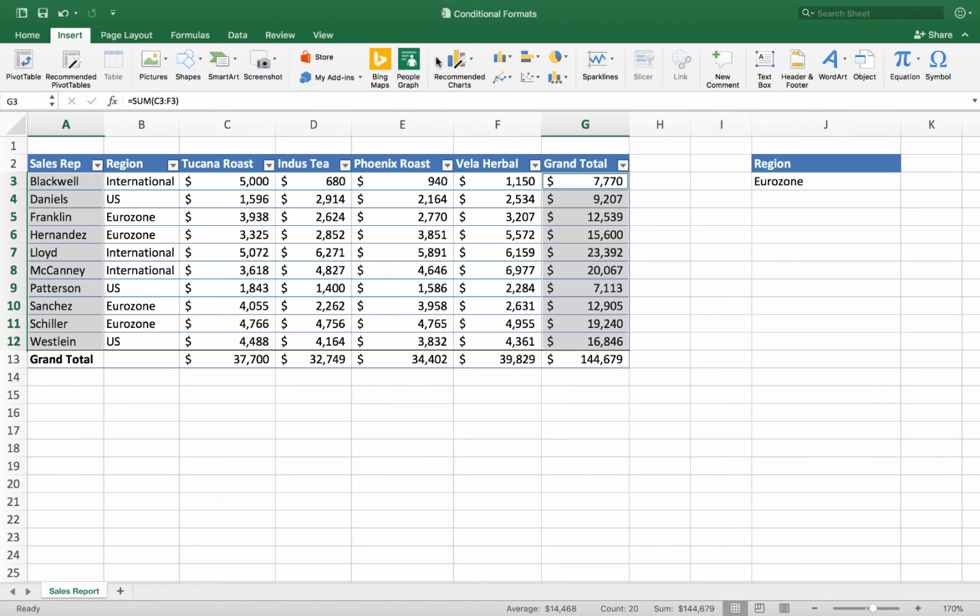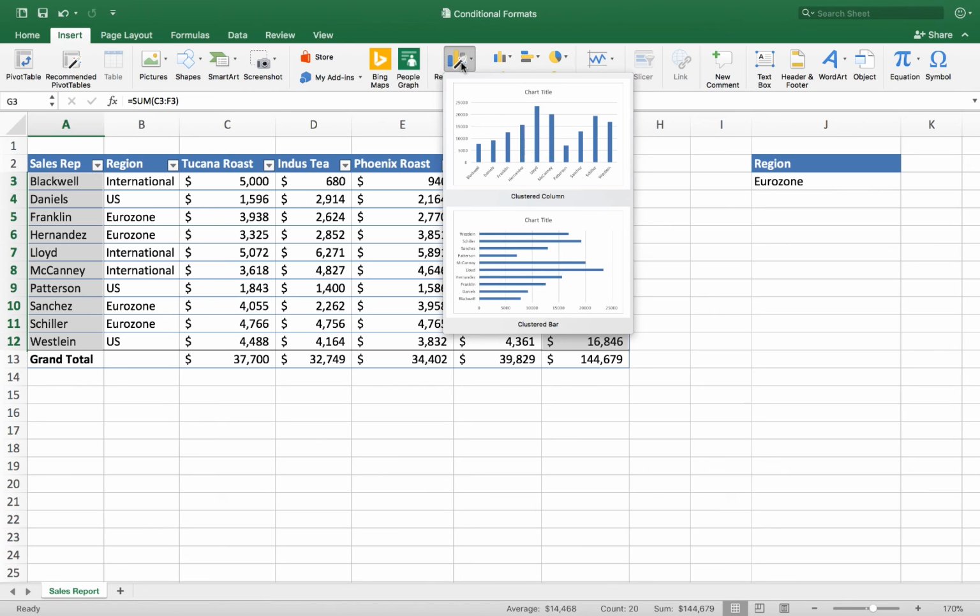And on the Insert tab, I've got lots of different kinds of charts. Now, one of the nice things they've done with more recent versions of Excel, instead of just choosing a chart, sometimes you're not sure which chart you want. There's an option for recommended charts. So that's kind of cool. I can click on recommended charts, and Excel will give me some suggestions and show me some different looks here. So it shows me a clustered column or a clustered bar. Actually, I don't want either one of those, but it just gives you a preview of some different options that you might want.